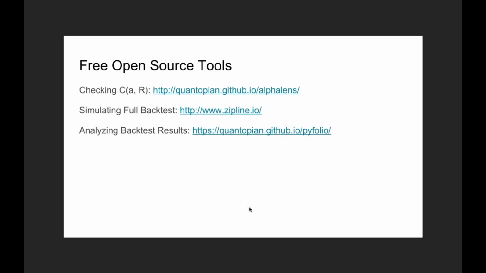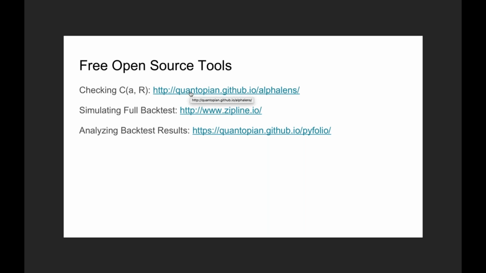So towards that end, obviously, Quantopian's main mission is to enable anybody from around the world to write a trading model, a trading algorithm from scratch, regardless of where they're coming from. And so we have a ton of education, but we also have a ton of tools that are available on the platform. So for checking to see if you actually have correlation between your predictions and future returns, we have